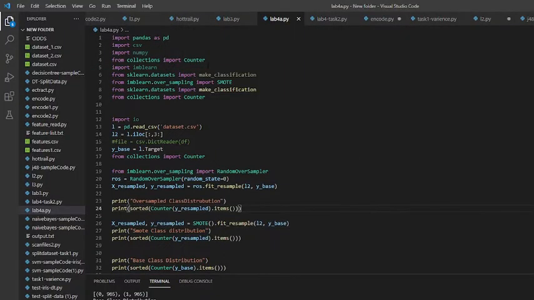So first, the necessary modules are being imported as mentioned, and next the data from the CSV is read into the data frame object. The target column is stored in the list y_base. The MD5 hash and the label columns are dropped, and the rest of the data is stored in variable